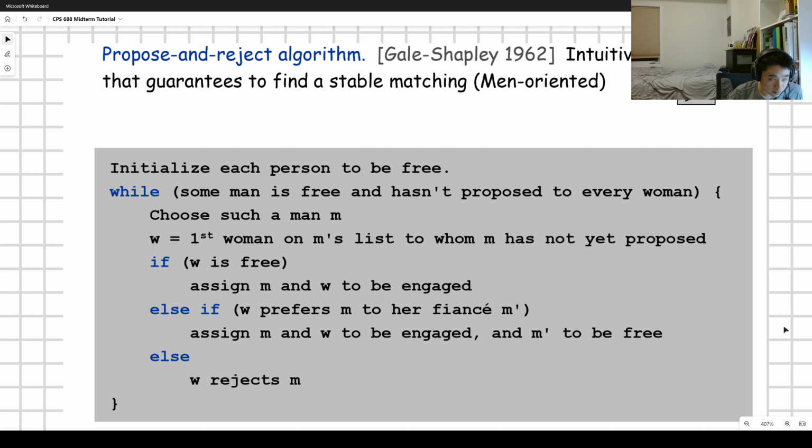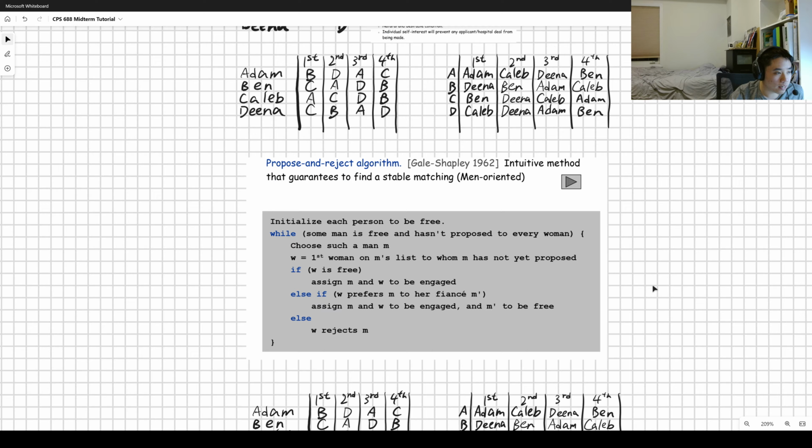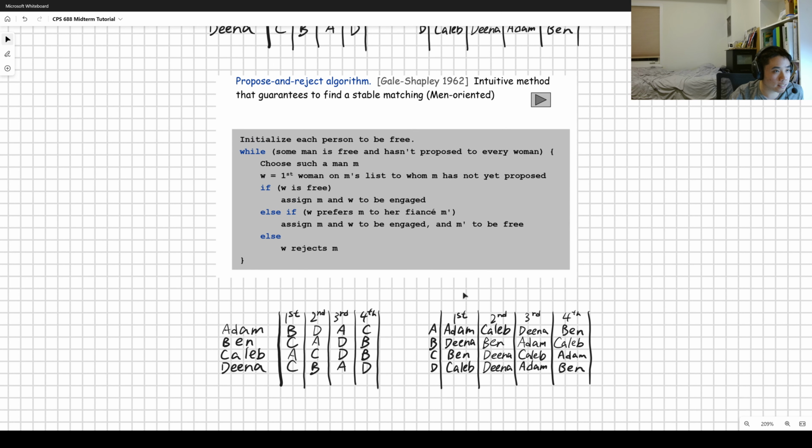So what we're doing here is that first I want to initialize each candidate to be free. For now, we're just assuming that since nobody has a highlighted pair, they're free. And how are we gonna do that? What we're gonna do next is that while some candidate is free,